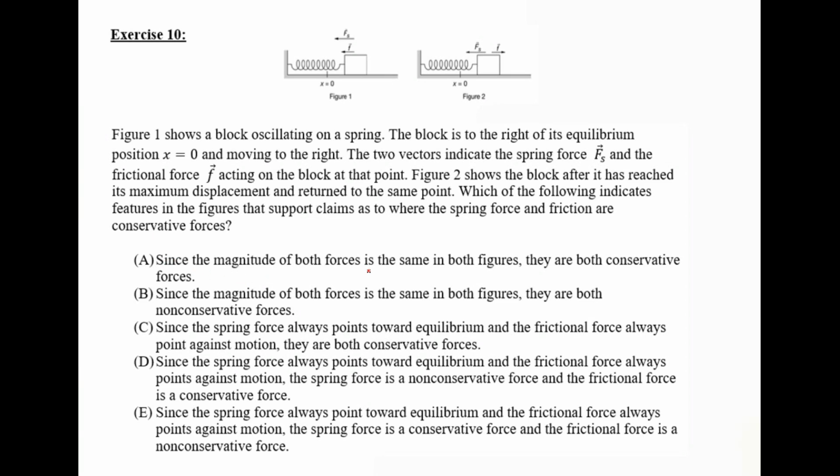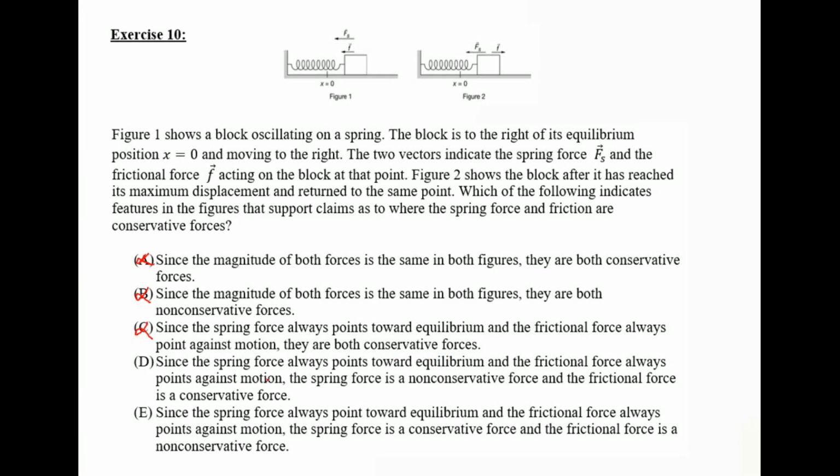A: Since the magnitude of both forces is the same in both figures, they are both conservative forces. This can be directly eliminated because we know that friction is not conservative. B: Since the magnitude of both forces is the same, they are both non-conservative. No, we know that the force of the spring is conservative. C: Since the spring force always points toward equilibrium and the frictional forces always point against the motion, they are both conservative. Although the first part of the statement is correct, the reasoning is wrong, so we can eliminate